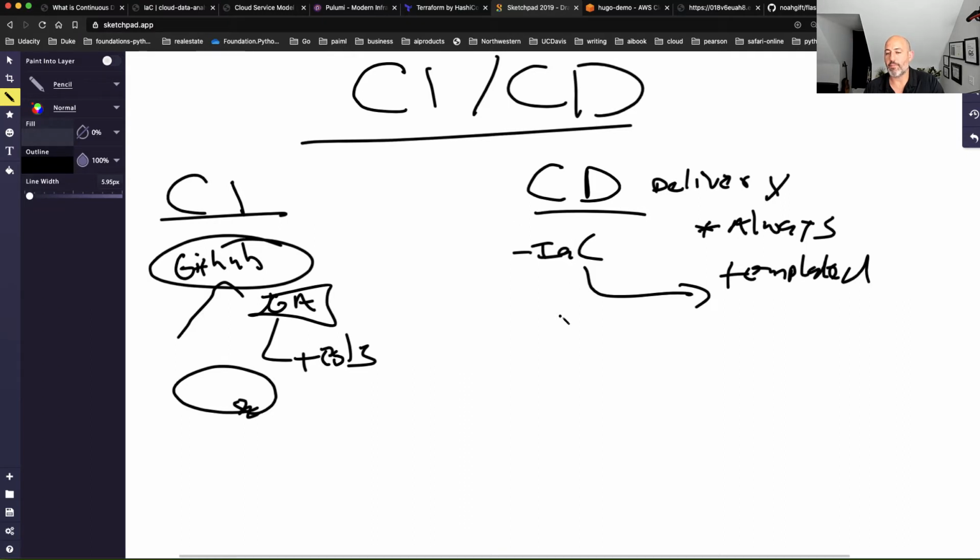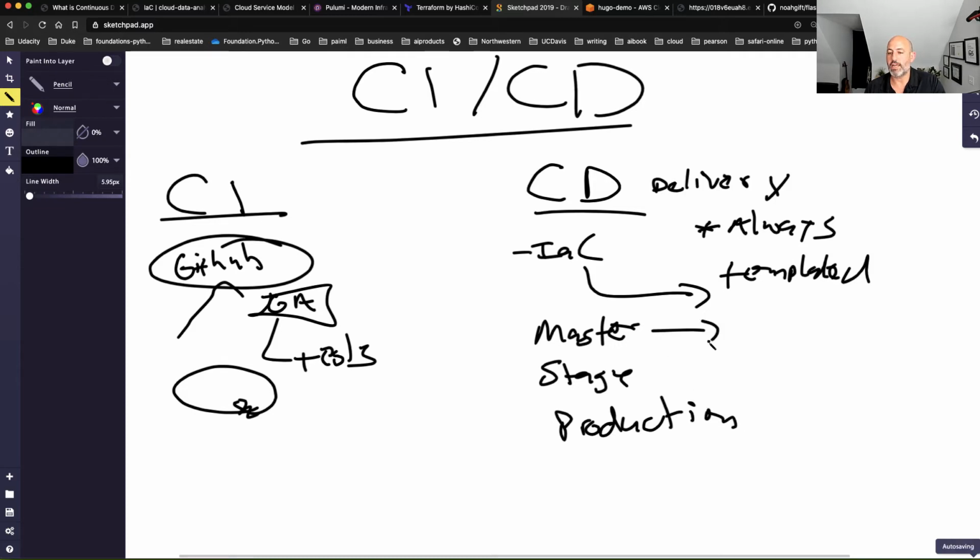But if it's fully automatic, let's say you have a branch-based delivery system where you have the master branch, a staging branch, and a production branch. The way I've set this up typically is that each branch has a different environment that it is responsible for. So the master branch would provision this stack, and then the staging branch would configure this stack, right? Here we go.